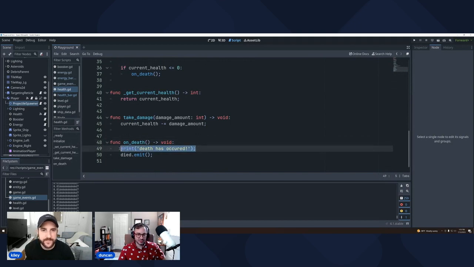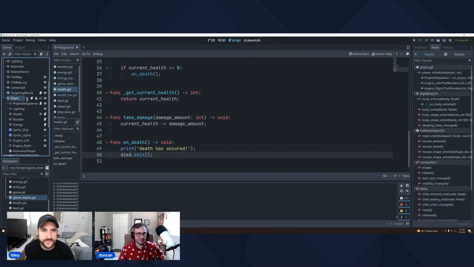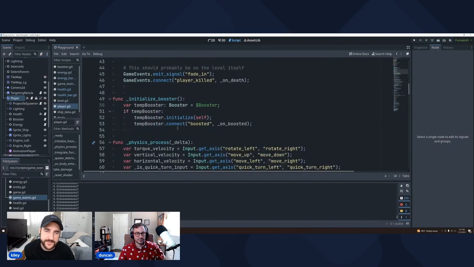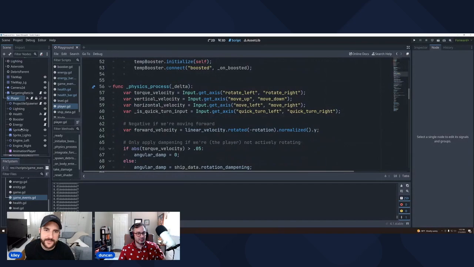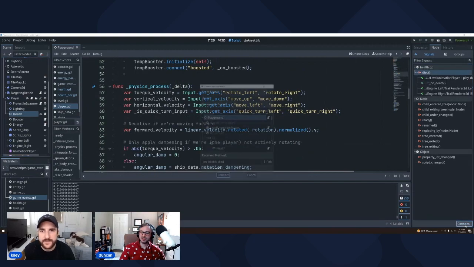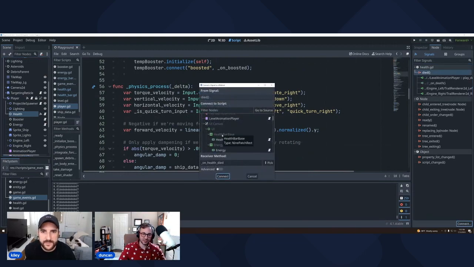But do all the stuff that you should do when you die, and then emit the signal. And then if we look back in player, what I'm guessing is I have connected this signal, and you can see on the right in the inspector area, when you click on the node, it'll show you all the signals that it has, right? And so we'll see that this is actually connected to a bunch of other things directly. And what's kind of cool is you can connect this to anything in the hierarchy over on the left.